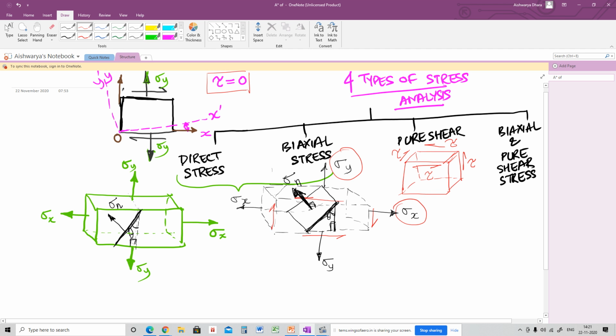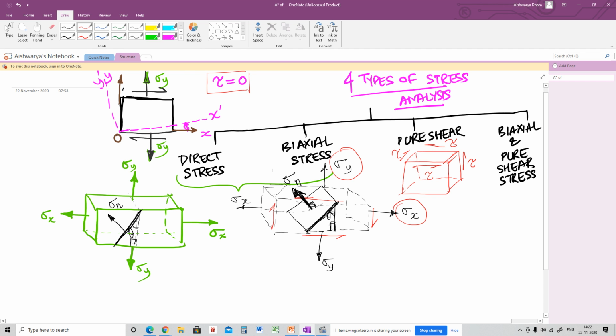Okay, that means, suppose consider this is a body. Now this body is undergoing different kinds of loading systems, right? So when this body tries to transform to a new axis, because the body is bending or twisting, whatever is happening, it will transform to a new axis, right? That new axis is where we are going to find the shear stress will be zero. Only there will be the presence of normal